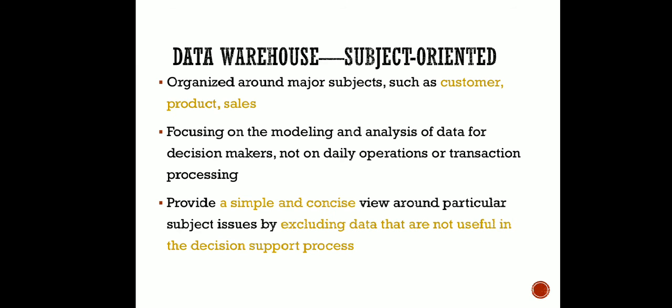Now if we keep some data about customer along with some data about product along with some data of sales in any one of the books, and we are not maintaining this organization properly, we are just mixing it, will it be fruitful enough? No. Whenever we try to search some details about customers or products or sales, if it has not been maintained separately or systematically, then we are going to face problems when we need that data during our execution. So it should be subject oriented, right?